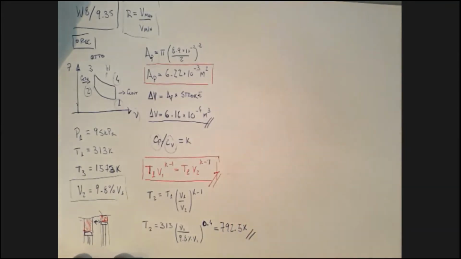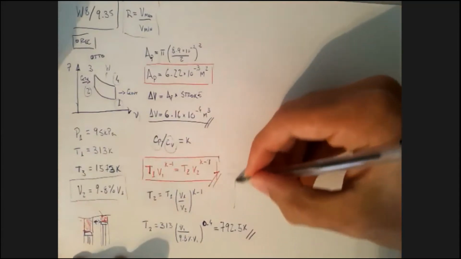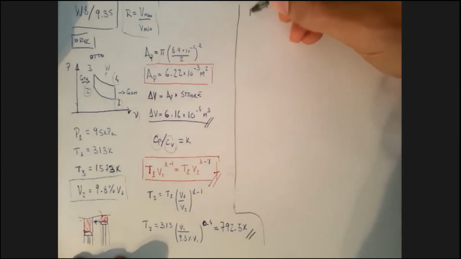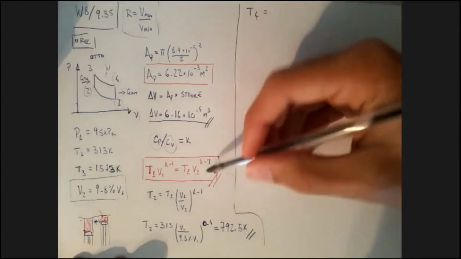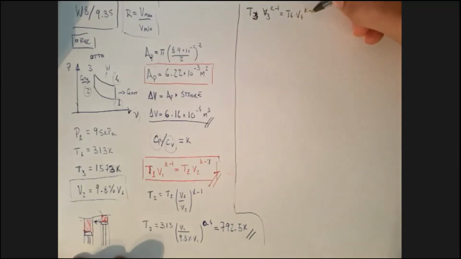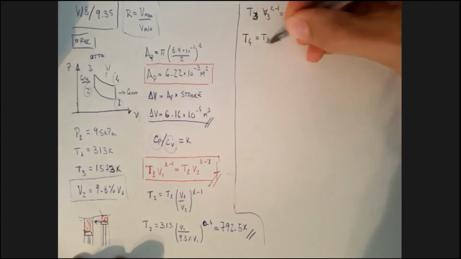What I'm going to do next is the same exact process, but for T4 instead of T2. So I'm going to find my T4 now. Again, same equation. I'll write the whole thing down so you know exactly what I'm talking about. T3 times V3 to the K minus 1 equals T4 times V4 to the K minus 1, and therefore T4 equals T3